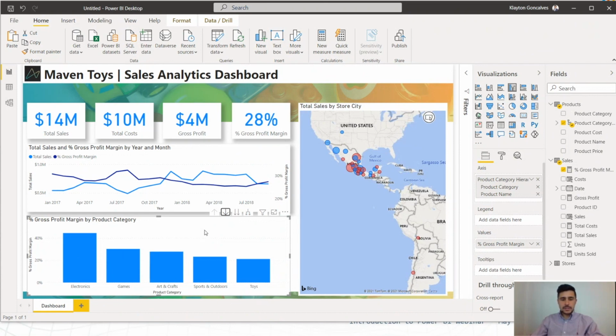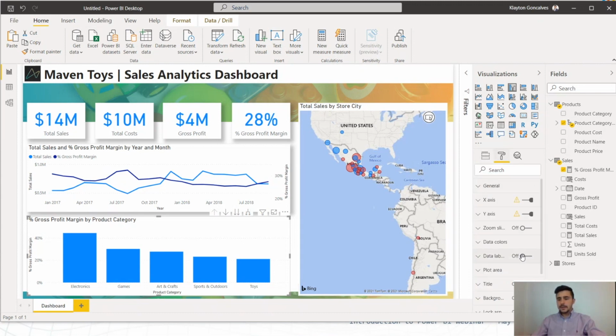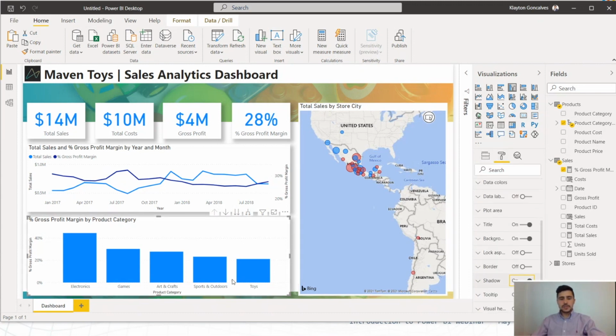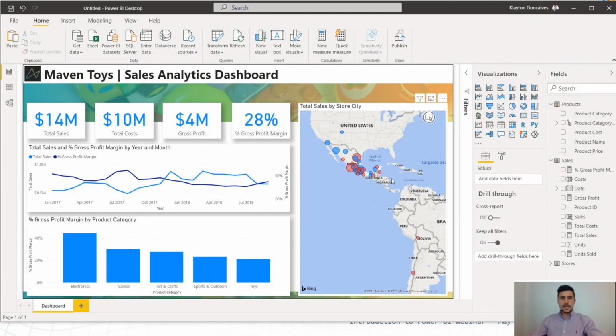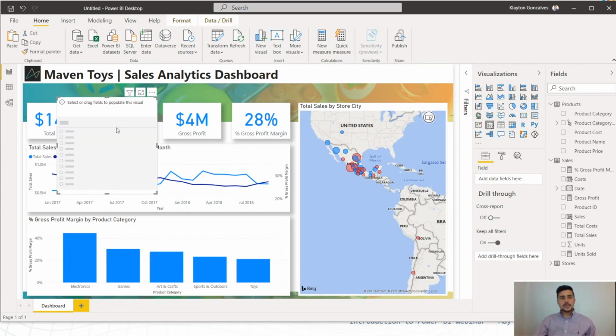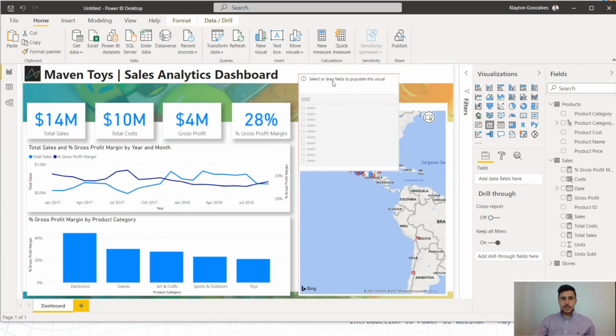So that was just a demo of how we can add the hierarchy so that we can drill down and really get those insights out of our visual here. And I'll add again a shadow to this one just to match all of the other ones for design purposes. So that is almost ready. The last thing I want to do is to add a slicer, and that's this visual here. And what a slicer is, and I'll just remove it over here. What a slicer is